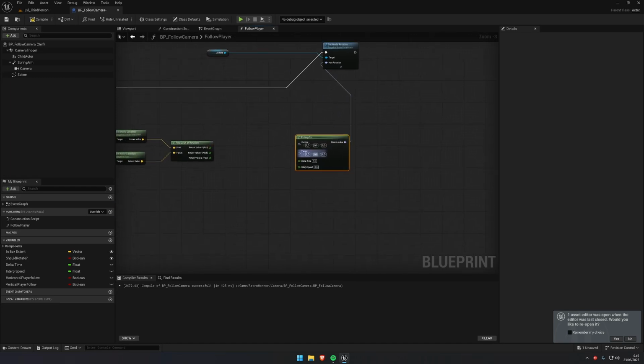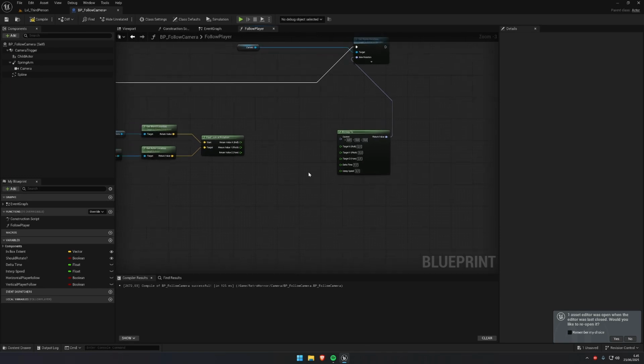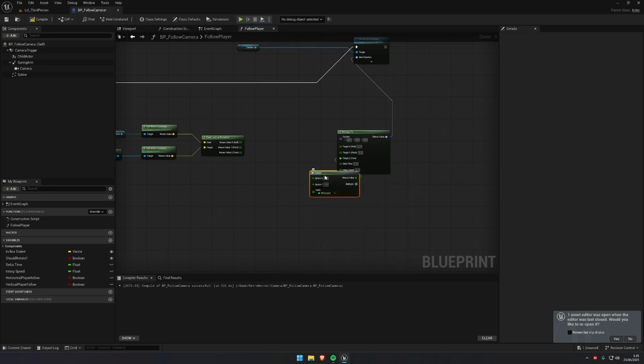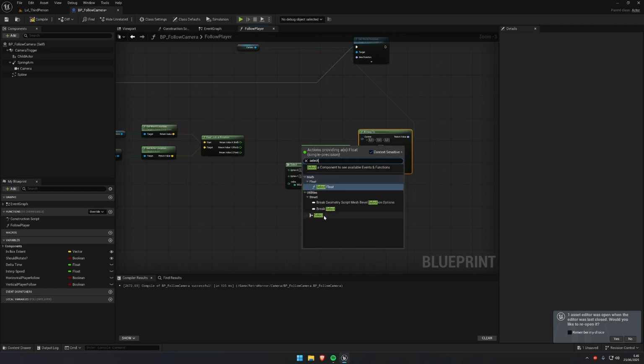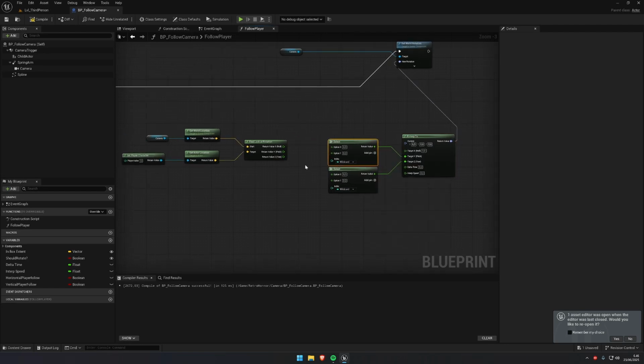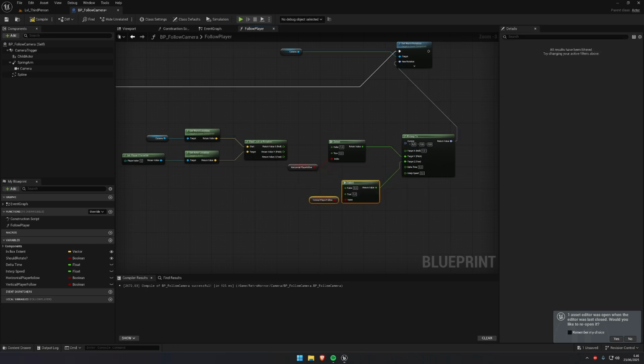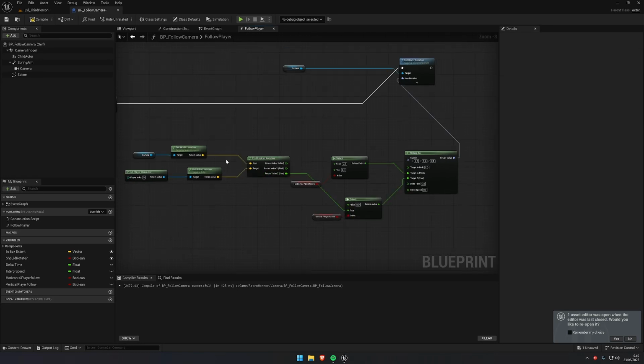Like this. And the target, we're going to split. The target, yaw and pitch, we're going to do a select. Like this. And select this. The wildcard is going to be the horizontal and the vertical. So we can just plop these in like this. So the Y, the yaw, the true is going to come from the yaw here, and the false we're going to